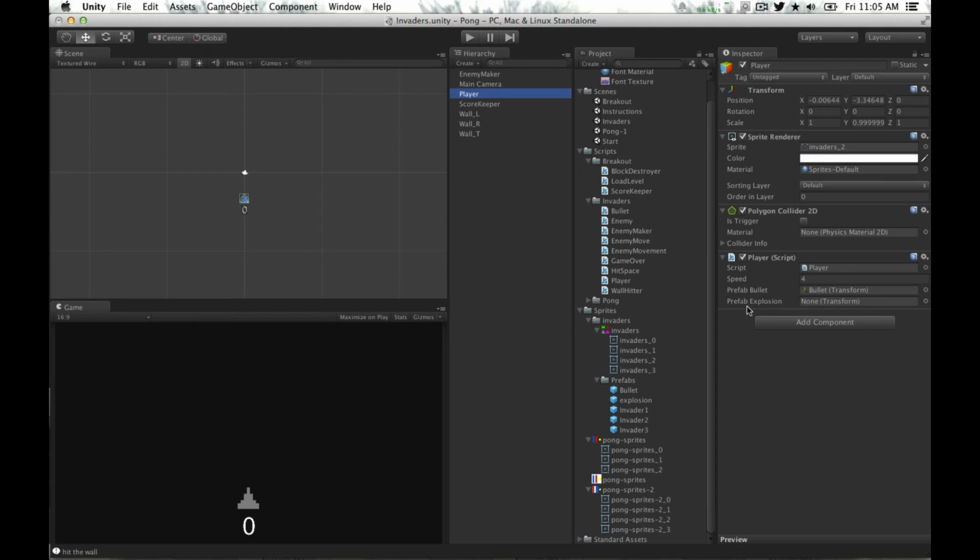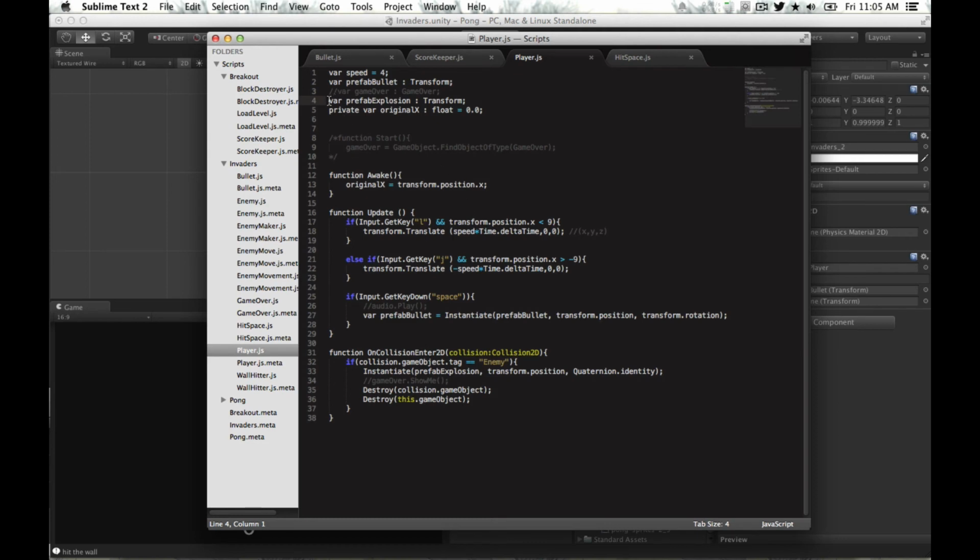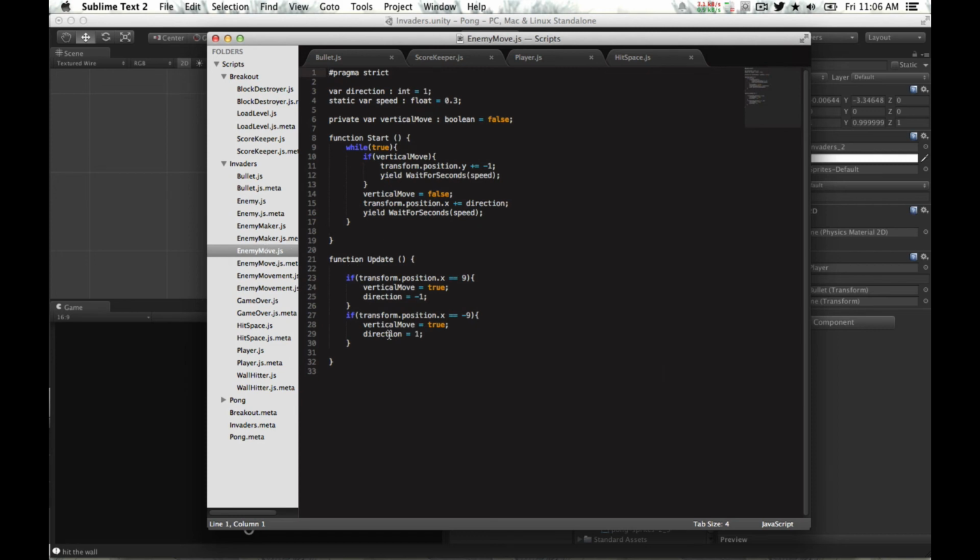If you don't have this prefab explosion variable exposed, double click on your player script and then uncomment it up here, and then make sure that you add this line down here on collision: instantiate prefab explosion, transform position, quaternion identity, which just means it adopts the position and rotation information from the player. So this is on collision with the enemy. We also need to make sure that with enemy move,